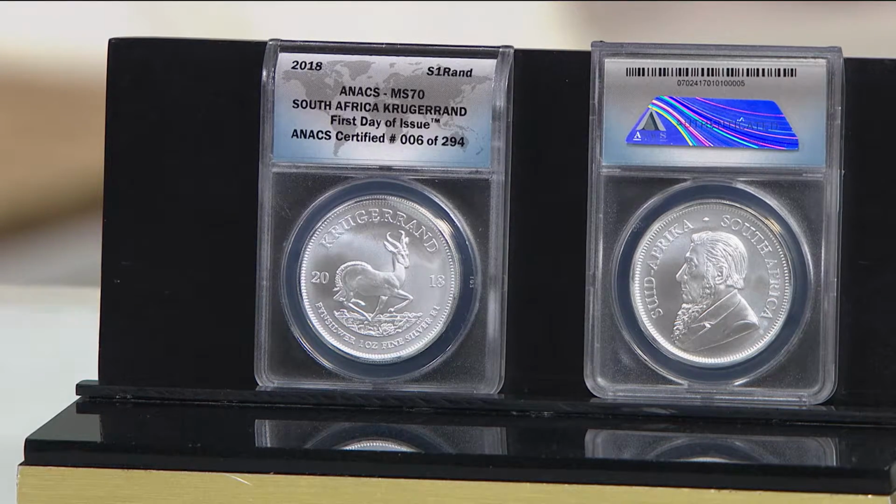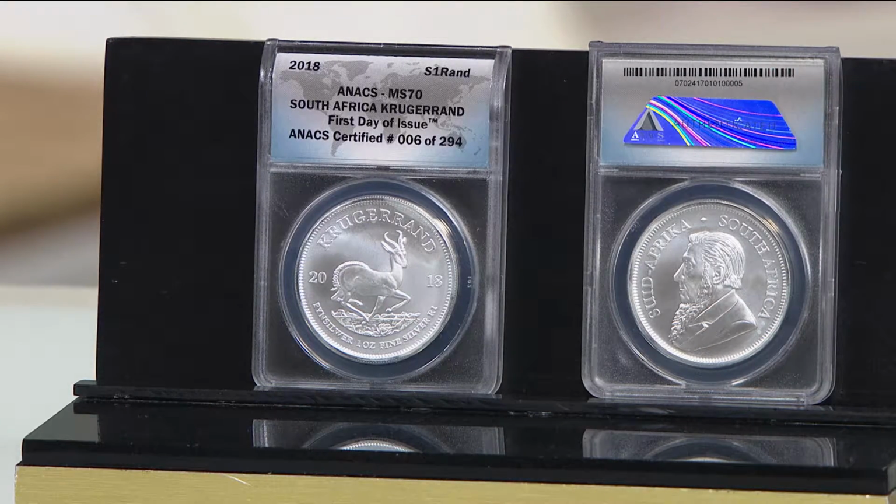That could be it. The silver Krugerrand, always known for gold. This is only the second silver Krugerrand ever made. So you have President Kruger, and then the antelope. Springbok, actually. Yeah, I had it backwards. The antelope there, that would not be the president. Yep. And then President Kruger. So very, very interesting that here in America,